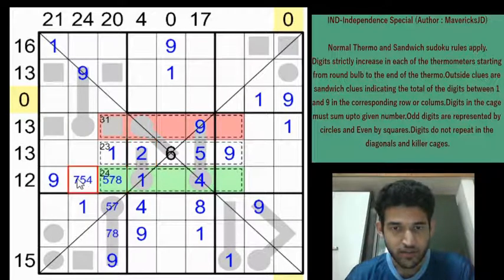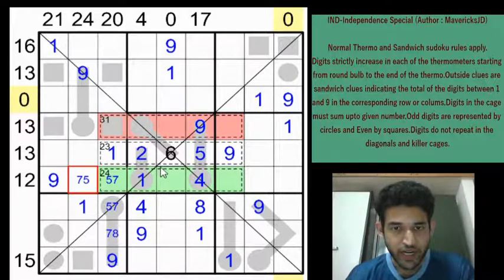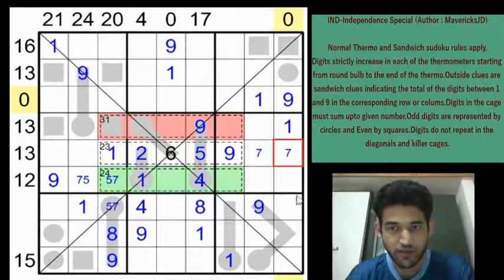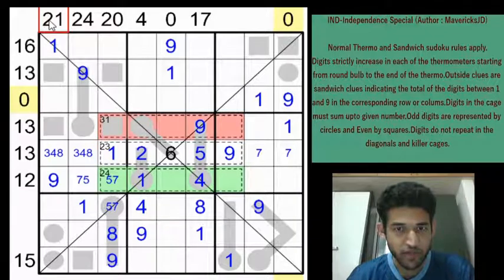And now you can look at this 12 total. It can't be 4 and 8, right? Because we have marked a 4, so this will be 5, 7 in some order. And now we have a 5, 7 pair, so you get an 8 in row 8, column 3. And because of the 7 in this box, the 7 in box 6 can only go into one of these two cells. So we have 1, 2, 6, 5, 7, 9. So the remaining digits are 3, 4 and 8. We can mark the possibilities. These two cells will be 3, 4, 8 in some order.